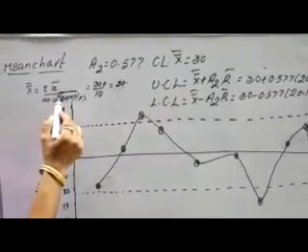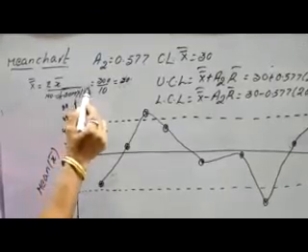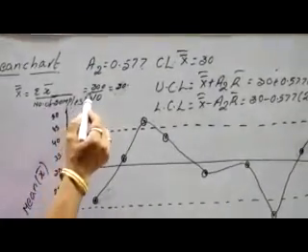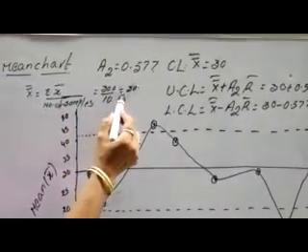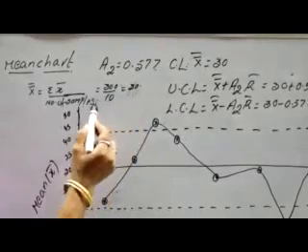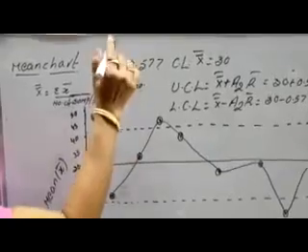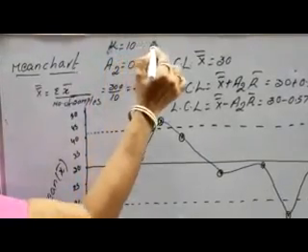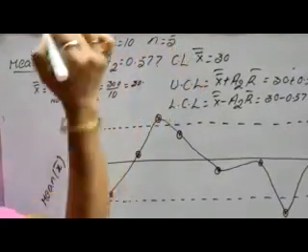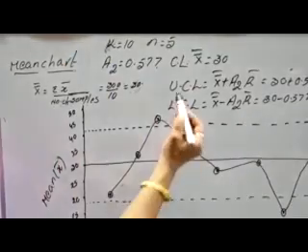In the question, the x bar values are already given. By adding all the x bar values and dividing by the number of samples, you get 300 by 10, which is equal to 30. Here the number of samples is 10. The number of samples is always represented with k equal to 10, and the sample size is 5. Each sample size is 5. Next, with respect to